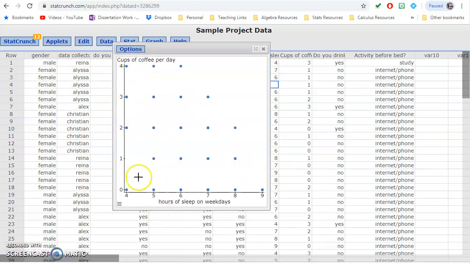But either way, I'm definitely seeing, as much of a mess as this is, there's a big hole right here. There's nobody in this upper section. So it does appear that there's probably a slight negative relationship. So that's my scatter plot. Most scatter plots are going to be pretty hard to see any relationship in just because of the messiness of our data and most of us having very discrete